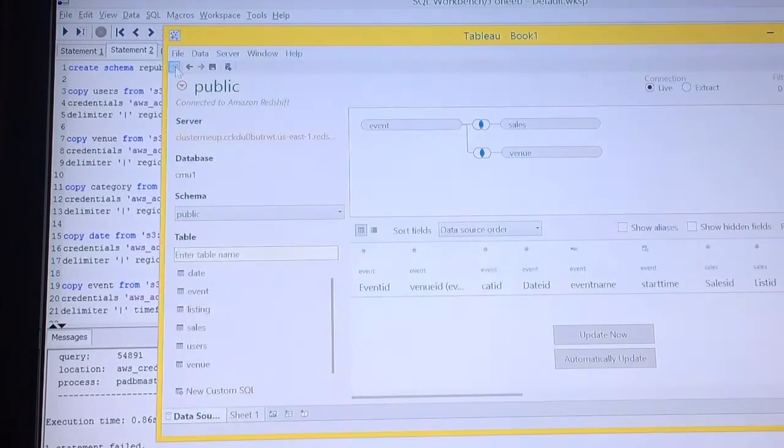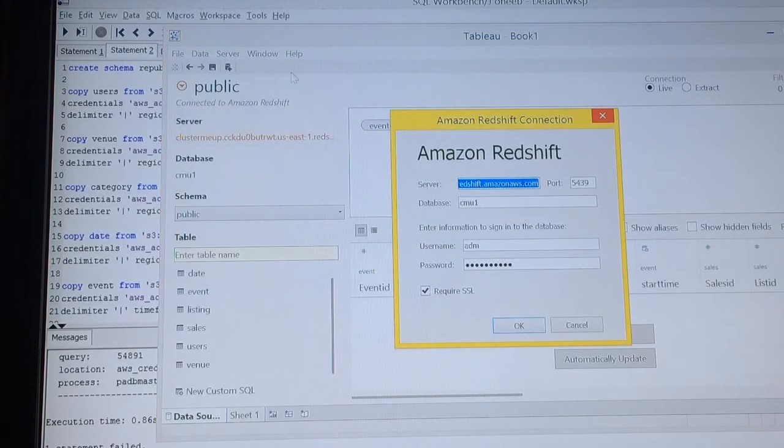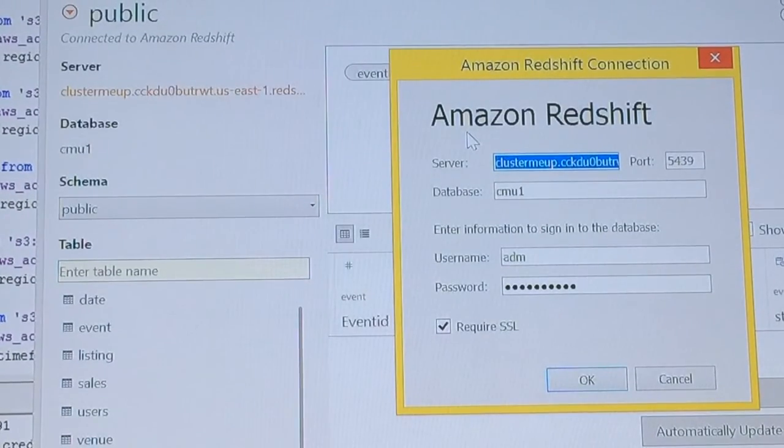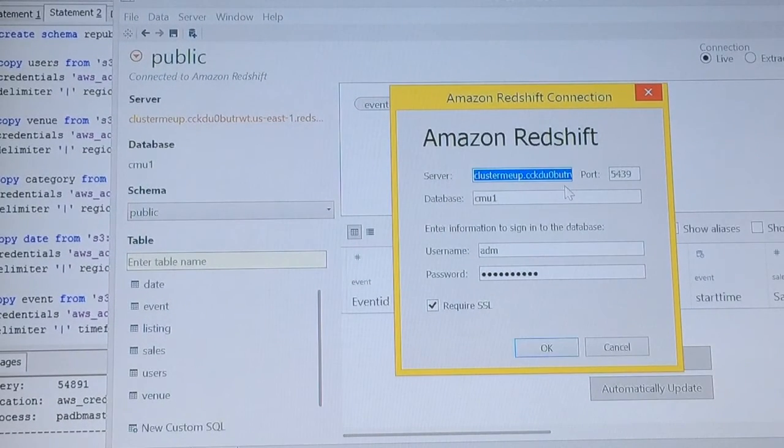So going back to this Tableau book, I will act as if I'm going to edit my connection, and in doing so you will now see where you put the ODBC connect string details. Just zoom in a little bit, back out,